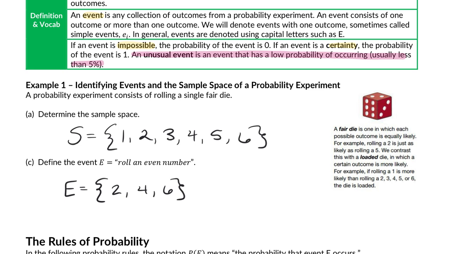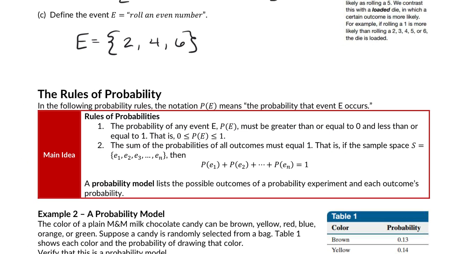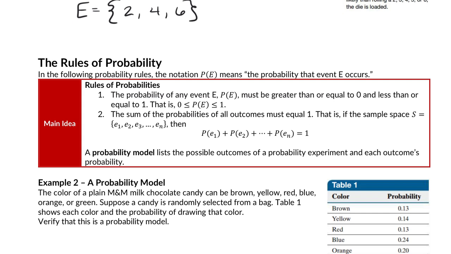So we have the sample space, that's everything. We have the event we want, which is exactly how many times that would occur. There are a few rules when it comes to determining whether something actually represents a probability experiment. There are 2 rules that we'll need to check to make sure something actually shows a probability model.